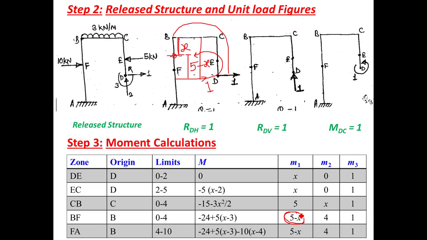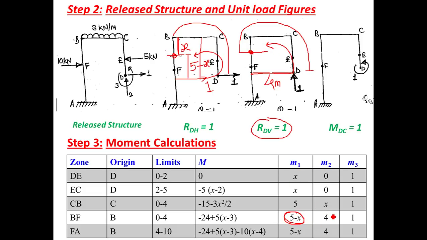Now the third figure, that is RDV equal to 1. We are taking section in the fourth zone. On the upper portion, if you observe this portion, there is again a vertical point load at point D. If the point load is vertical, the horizontal distance becomes the perpendicular distance. This distance is known to us, 4 meter. So moment about this point of a vertical point load is simple, 1 into 4, anti-clockwise, it is plus 4.